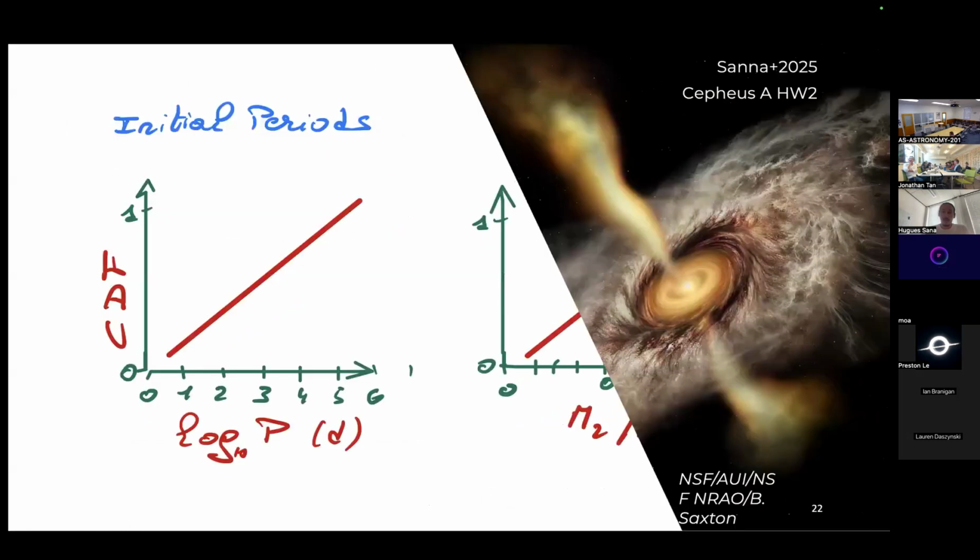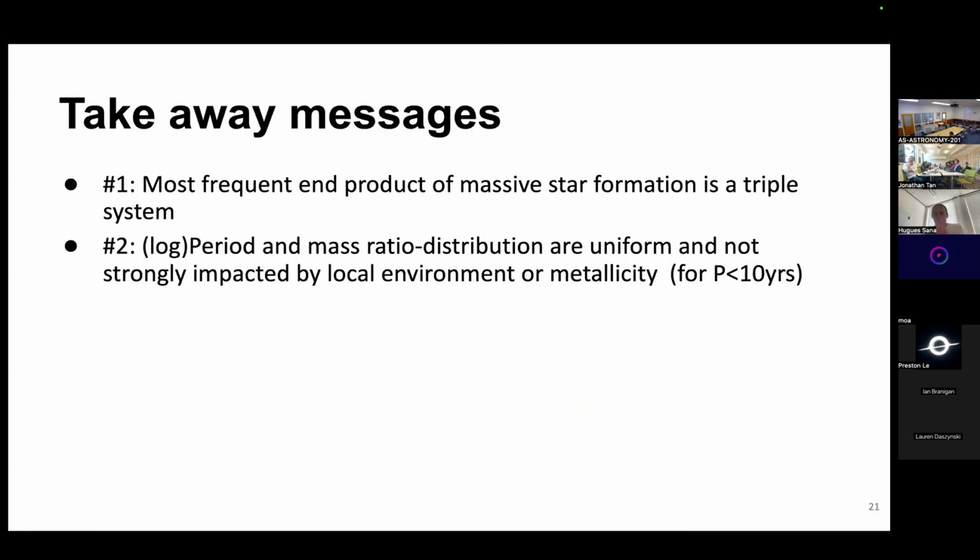When you say local environment, perhaps I could just ask, the density? So whether it's in a cluster, whether it's in an OB association, whether it's in the Milky Way, whether it's in the Magellanic Cloud, so a different metallicity. Yeah. Surely runaway stars are different, aren't they? Would you say, or? The runaway stars are different, but in our understanding, the vast majority of the runaways have been